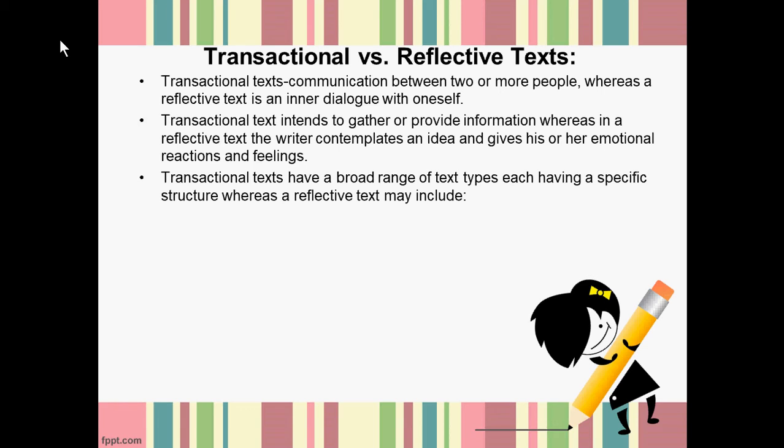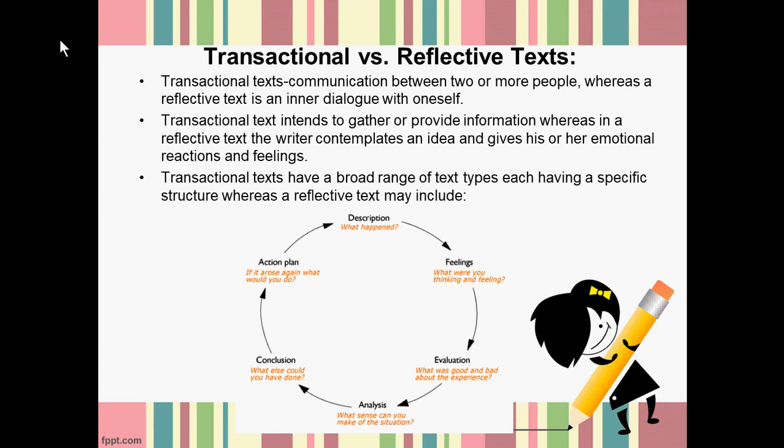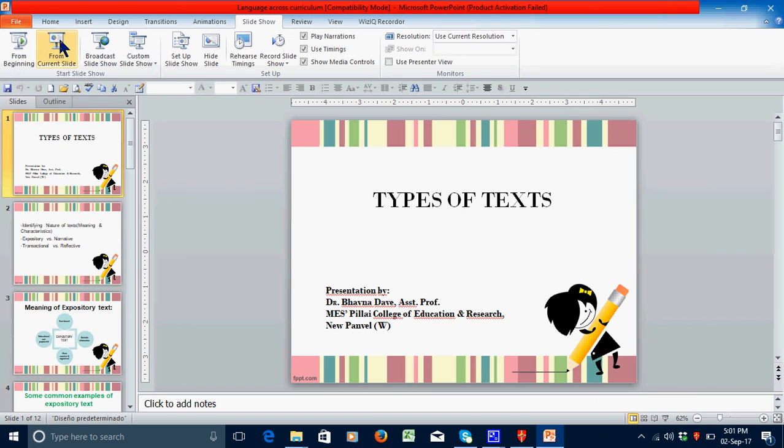Transactional texts have a broad range of text types, each having a specific structure, whereas a reflective text may include description, feelings, evaluation, analysis, conclusion, and an action plan. Thus, today we have learnt how